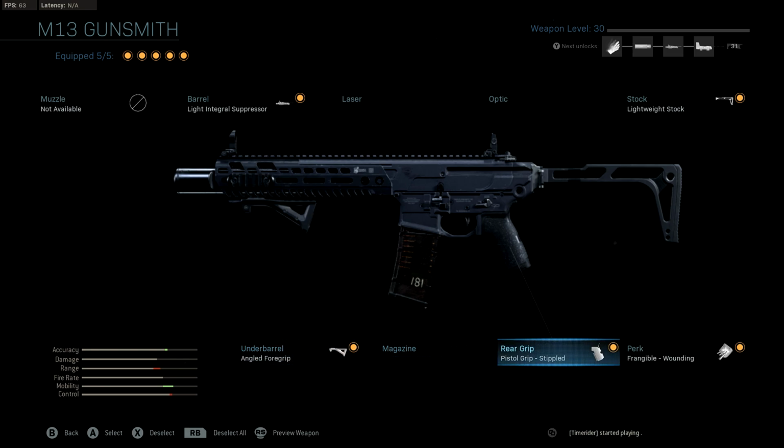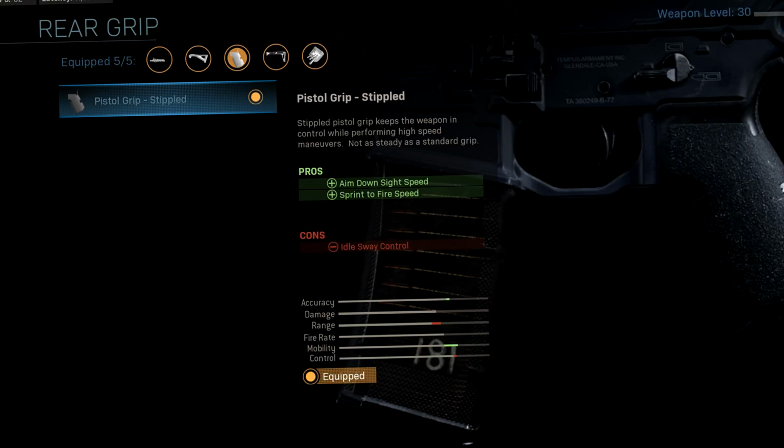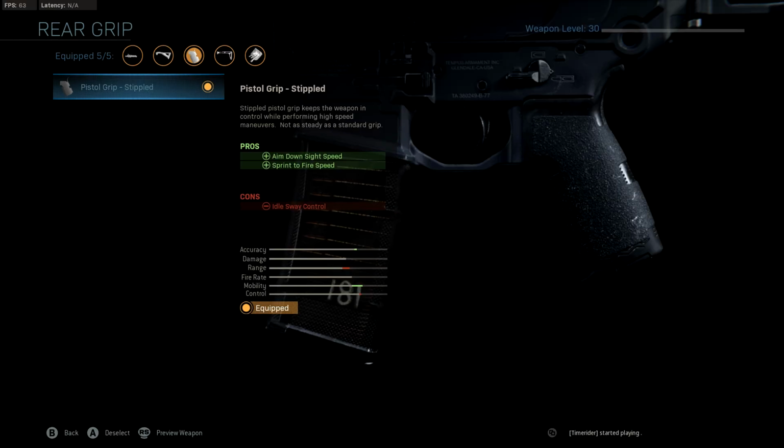The next attachment is the rear grip, which I've said in basically all of my weapon guides. If you have the pistol grip, it will basically be the most beneficial thing that you want to use on the weapon, so always put this on when it's available. What this attachment does, basically, when you go from sprinting to immediately aiming, you'll have a fatigue where